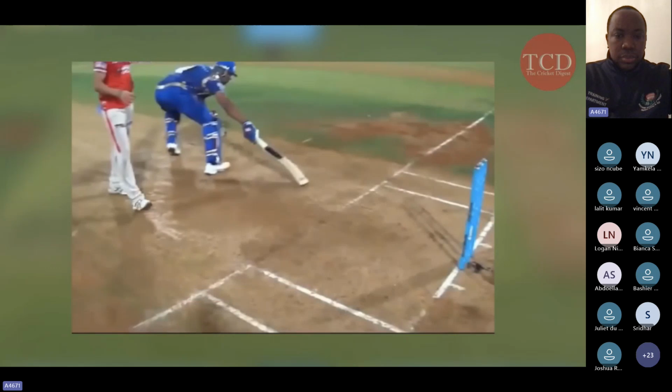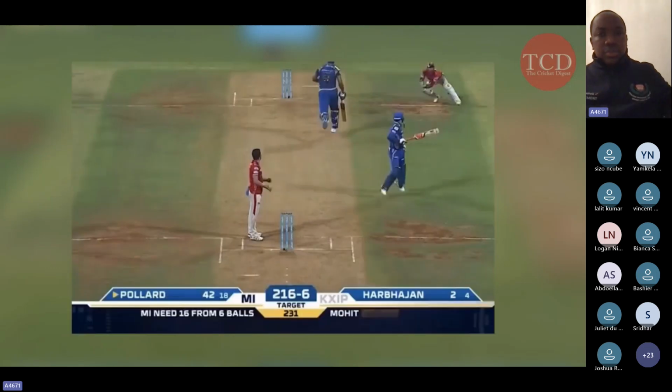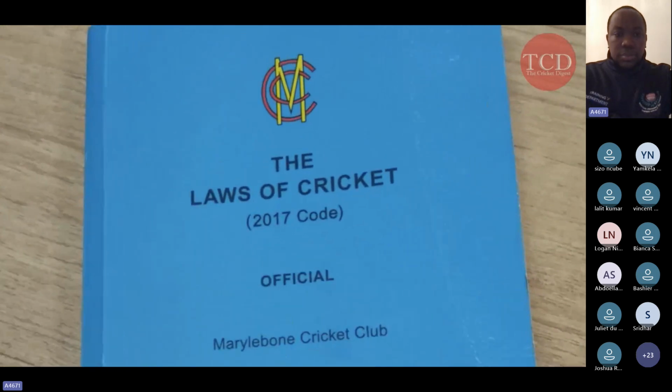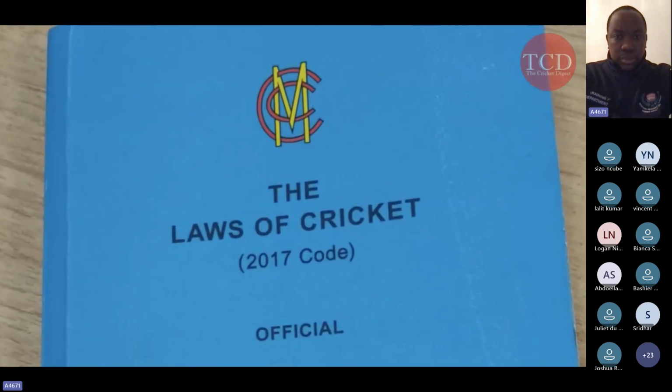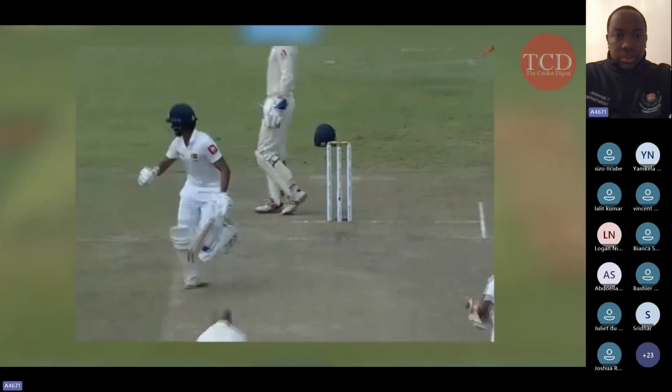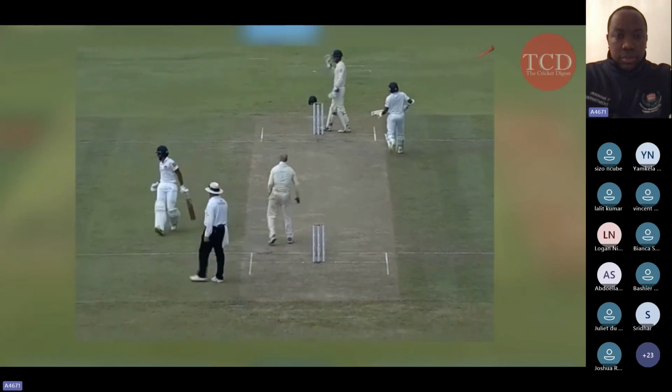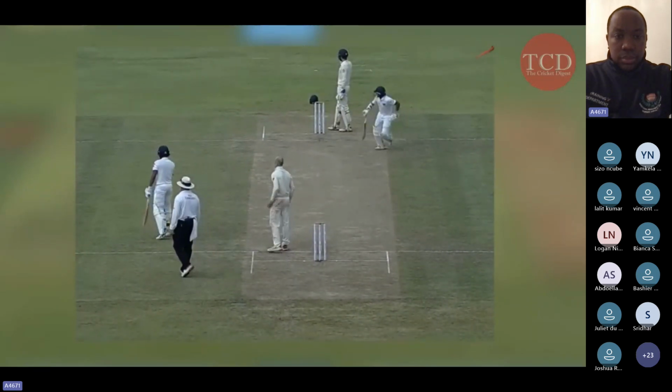And it can be seen that he did that deliberately as he wanted to get back the strike. It is clearly unfair as he got 1 run and also he came back to the strike. To prevent the players from doing such things, this law exists. But in Roshan Silva's case, he was not trying to gain any unfair advantage. But since he did not make any effort to complete the first run, it was ruled